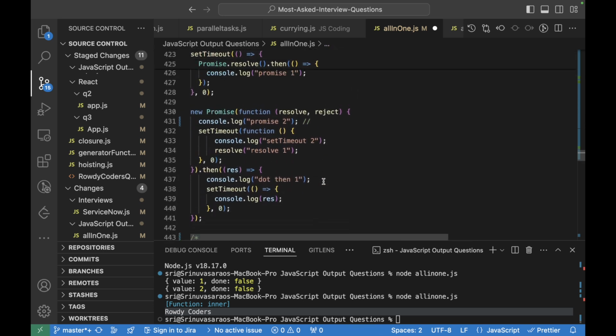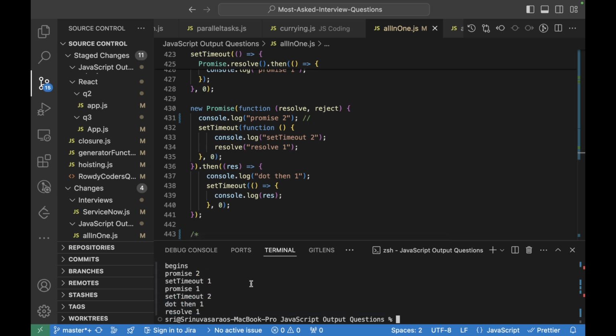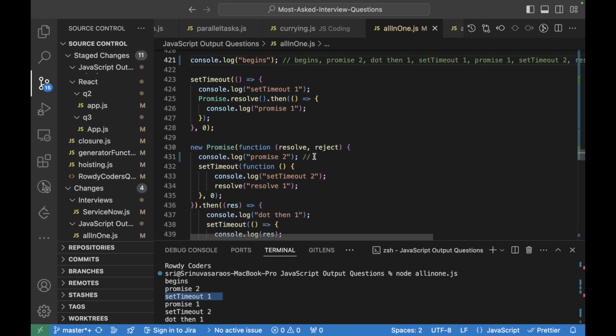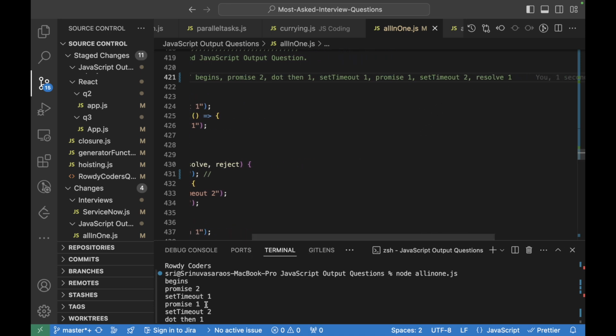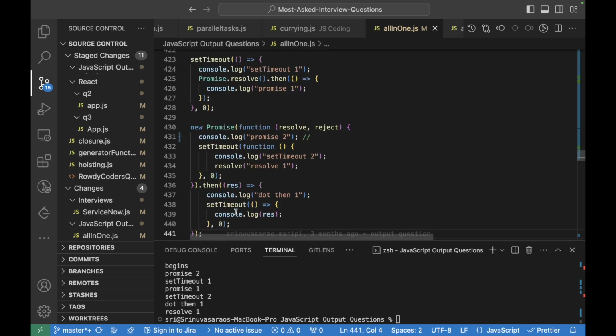Now let's see the output for this as well. So the first one is, if you see, begins, and then promise 2, and then setTimeout, and then promise 1, and then setTimeout 2, and then .then, and then okay.